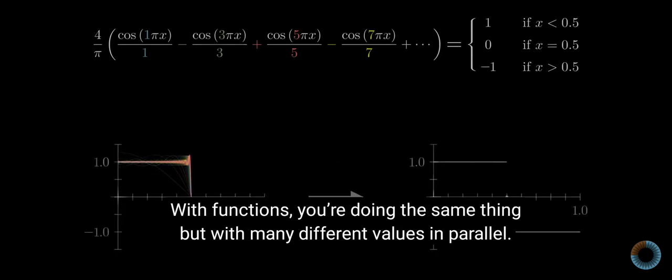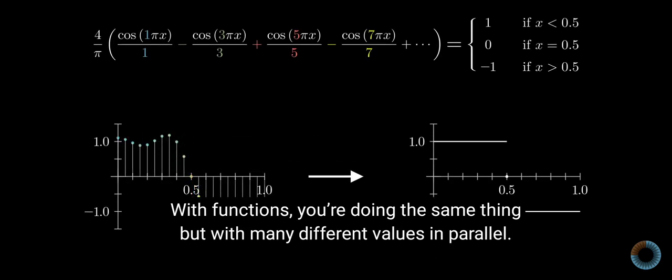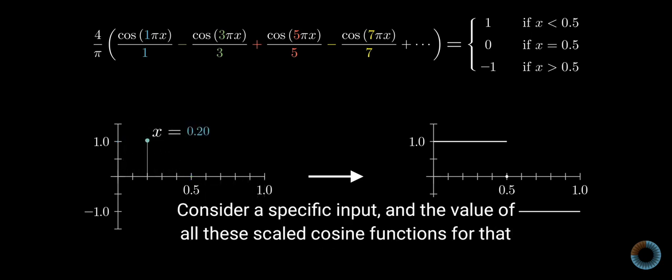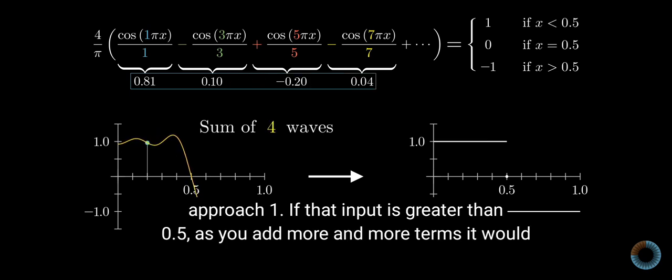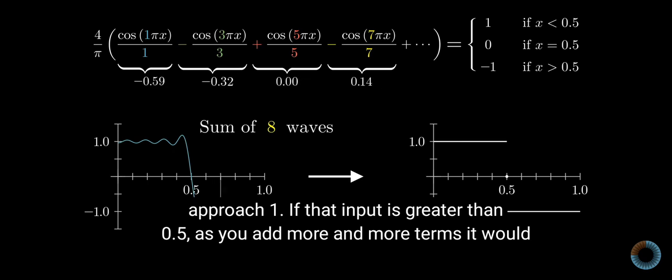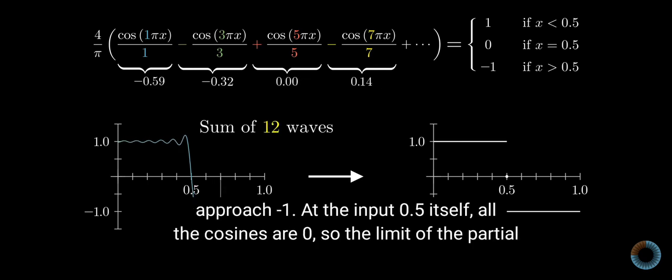With functions, you're doing the same thing, but with many different values in parallel. Consider a specific input, and the value of all of these scaled cosine functions for that input. If that input is less than 0.5, as you add more and more terms, the sum will approach 1. If that input is greater than 0.5, as you add more and more terms, it would approach negative 1. And at the input 0.5 itself, all of the cosines are 0, so the limit of the partial sums is